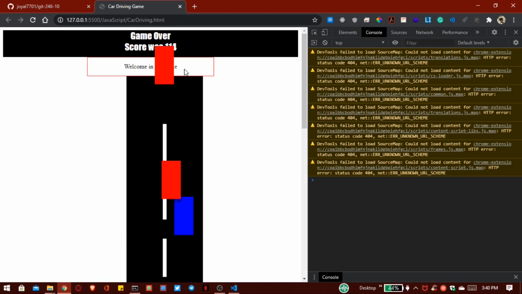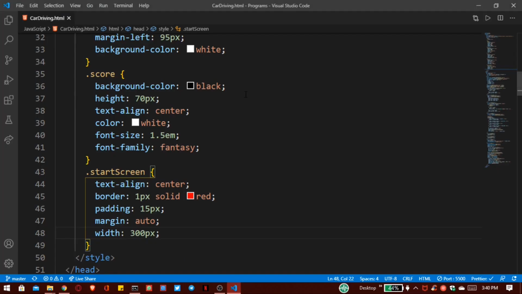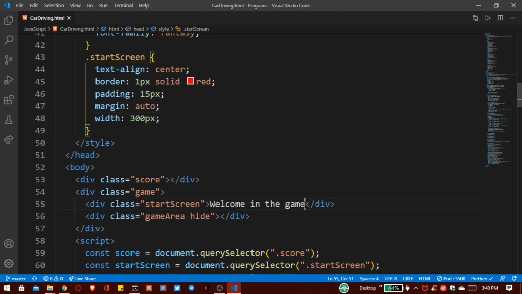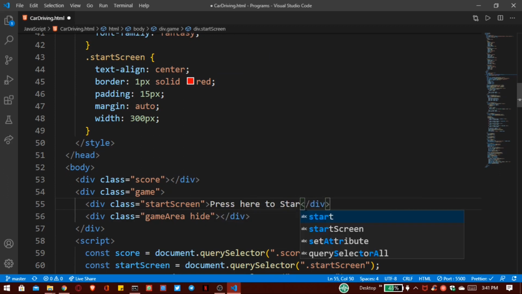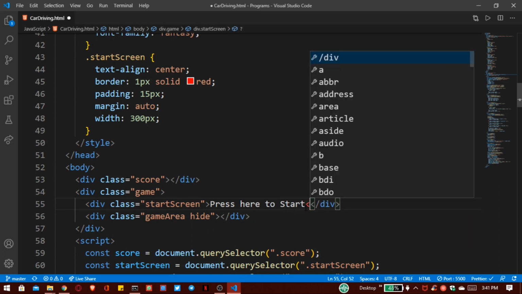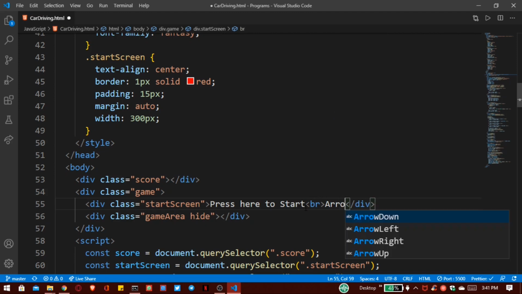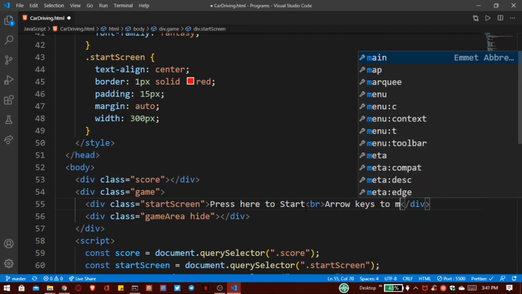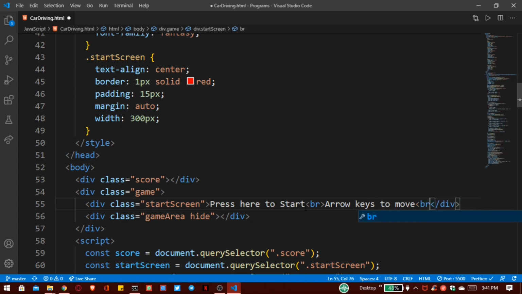And whenever I press on this welcome to the game, our game is now restarting. But first I want to add a message instead of this welcome to the game. So here I write press here to start, then break the line and write arrow keys to move, also break the line.